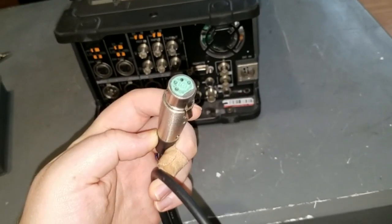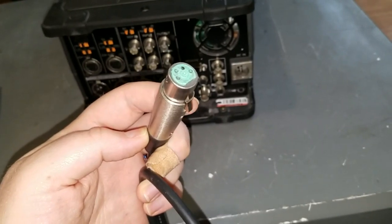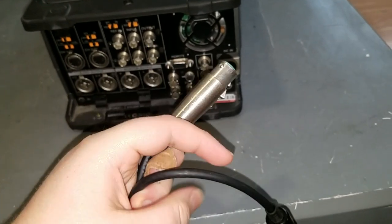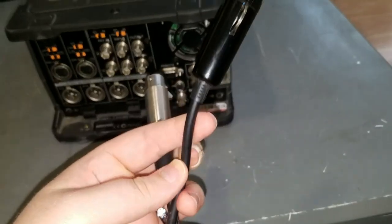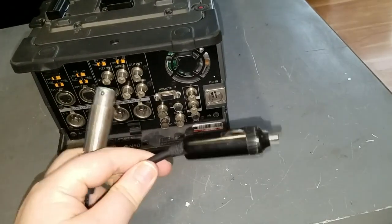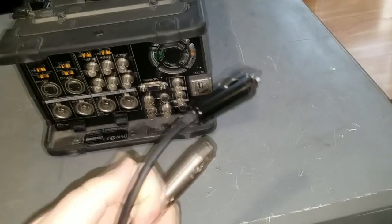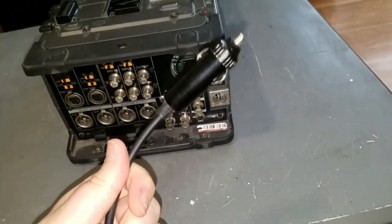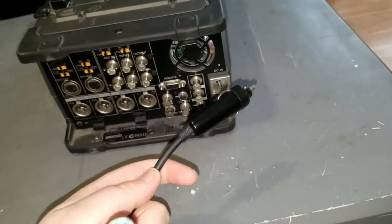So what I've done is take this 4-pin power cable that this thing came with, and I cut off the 4-pin connector on the other side and soldered on a cigarette lighter jack. So I can now plug this into a cigarette lighter socket on the Newmar, or in the car or whatever, and this thing can run off a cigarette lighter socket now, which makes it much more convenient for me, because here's the